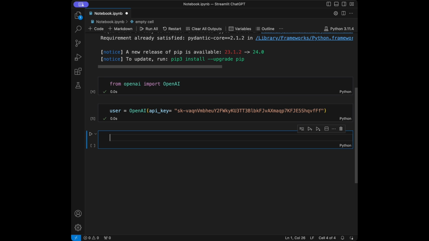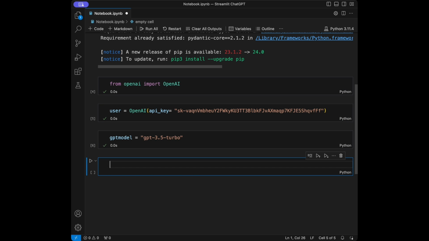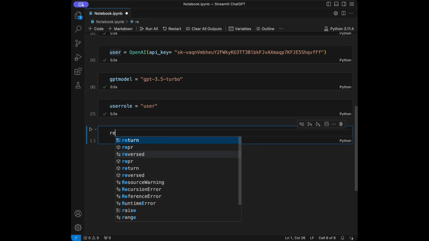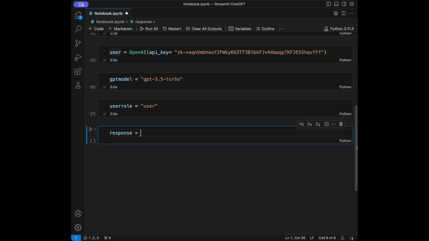Okay, after creating this user, what we are going to do is set a GPT model, so the GPT model is going to be GPT 3.5 turbo. And after that, I'm going to define something like user role, and it's going to be user. And at the last step, we can use our API right now. What I'm going to do is create something like response, and it's going to be user, this one we just created,